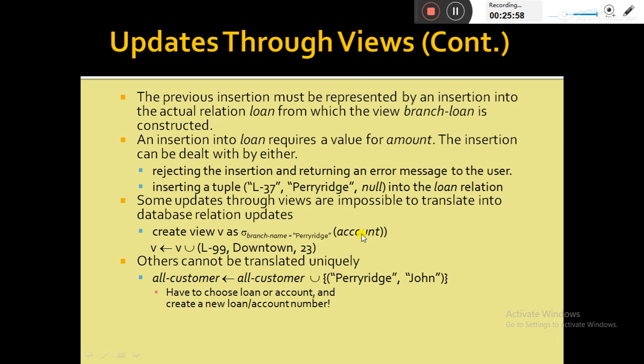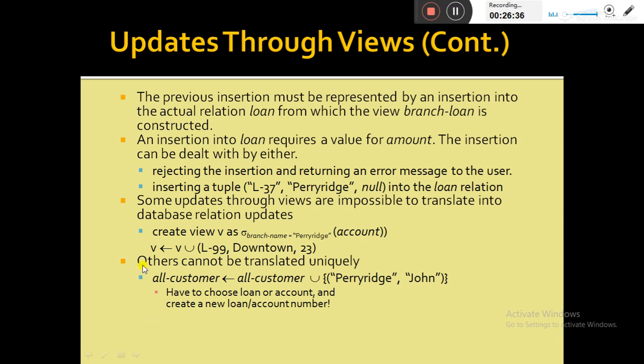Either reject the operation, or insert a tuple with the account number null, branch name anything, and amount null. But the account number is a primary key, so it cannot be null. So the insertion operation through the view cannot be represented as an insertion operation in the actual relation. So it's very difficult to update through a view.